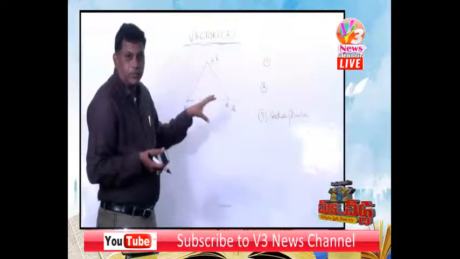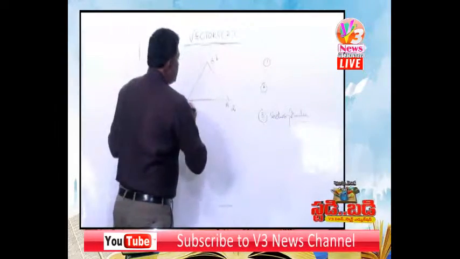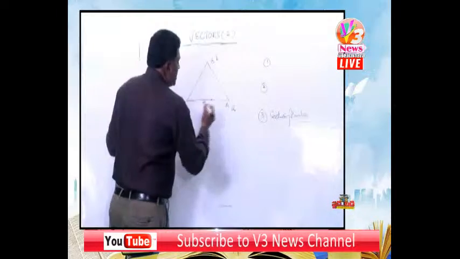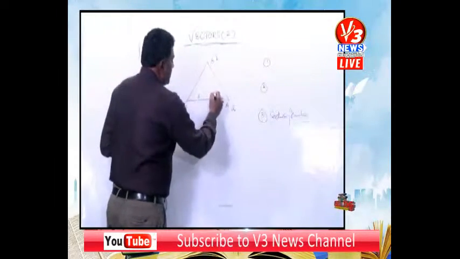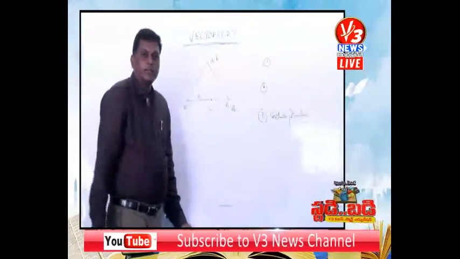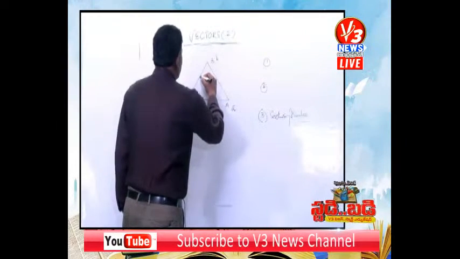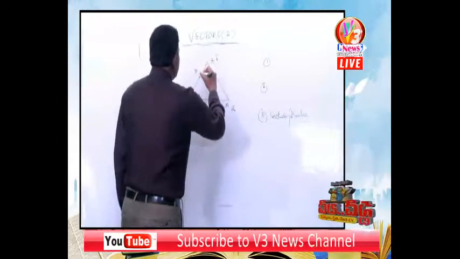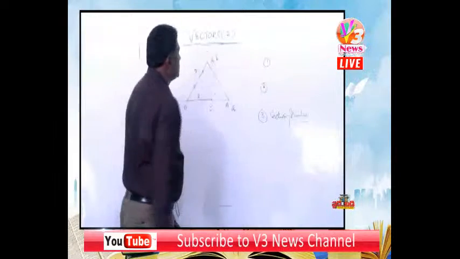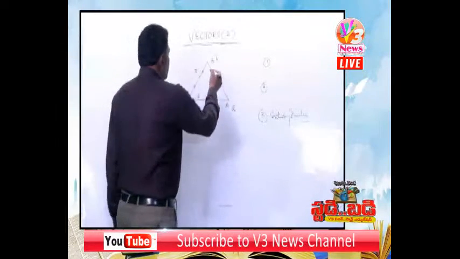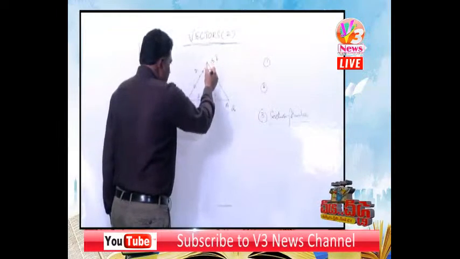This is a triangle now. Now, in this, suppose C divides OA in the ratio 2:1, and suppose D is the midpoint of OB,